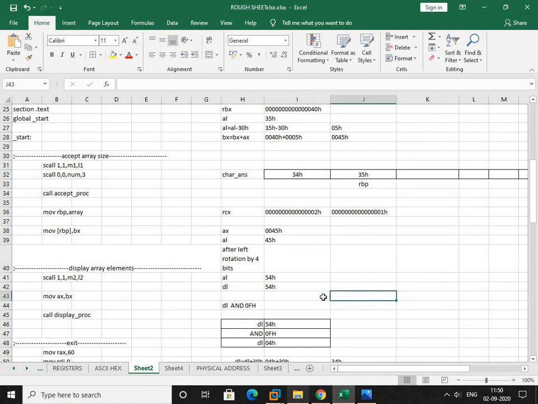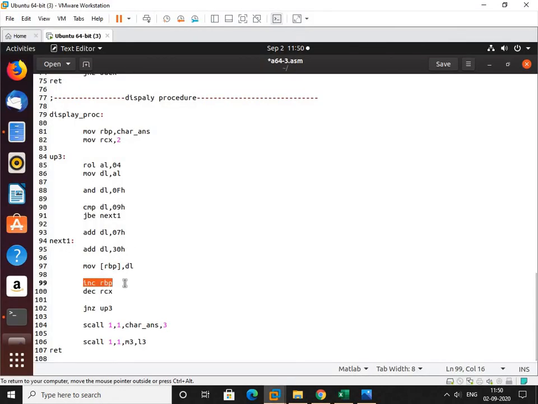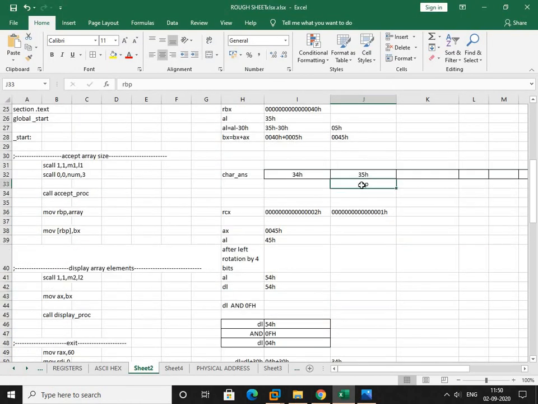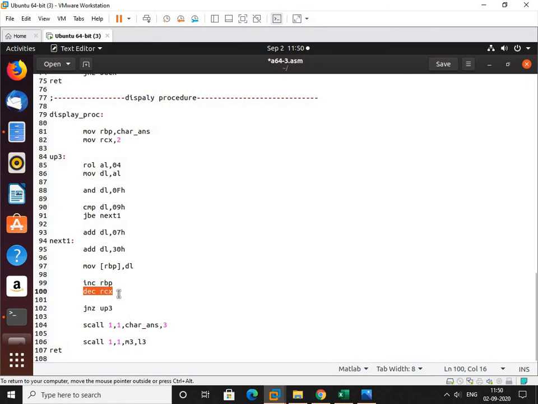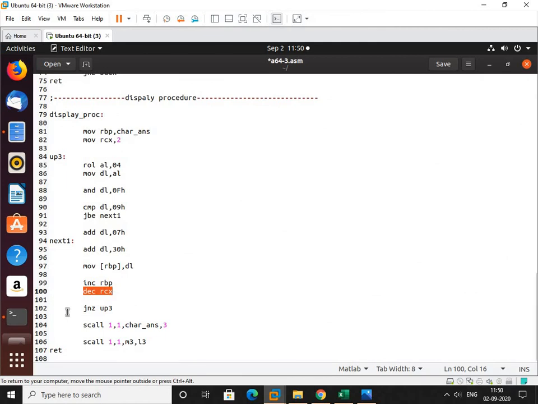Okay. After that, increment RBP. After putting the value there, RBP will point to the next vacant location. Then next, decrement RCX. Now it has become 0. Since the content of RCX is now equal to 0, we will not jump to up 3.